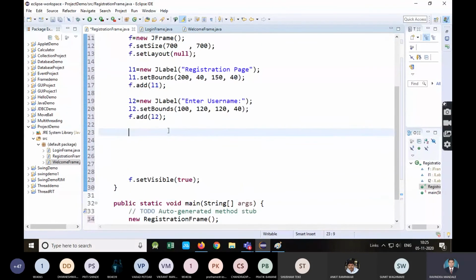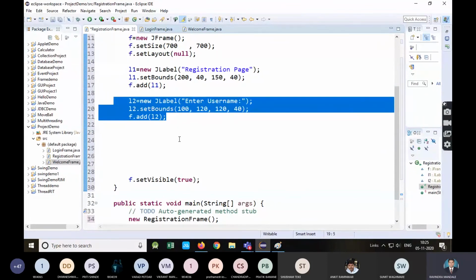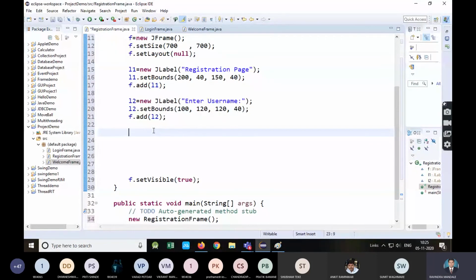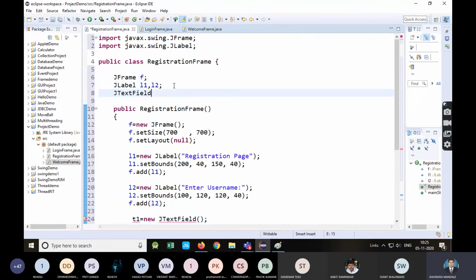Next I will require one more component. After username I will take a text field. JTextField T1. Again I will declare this at class level. T1, T2 I will require.